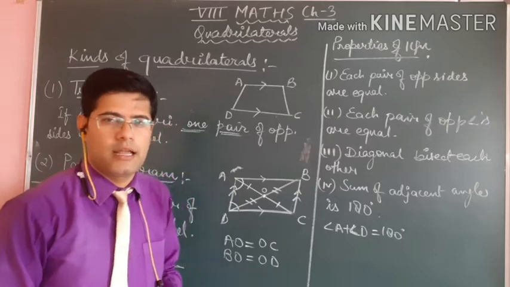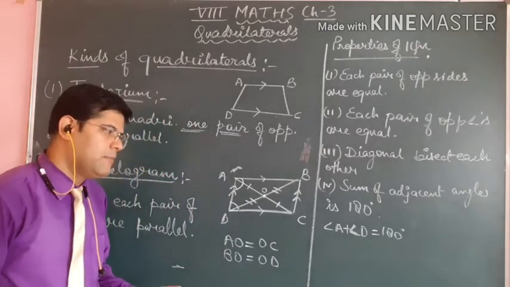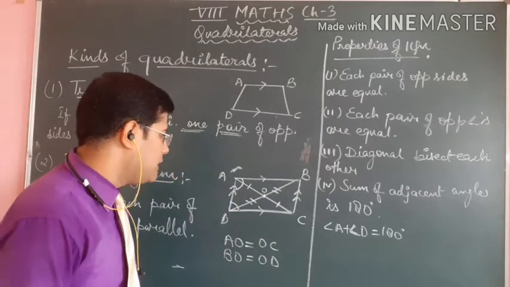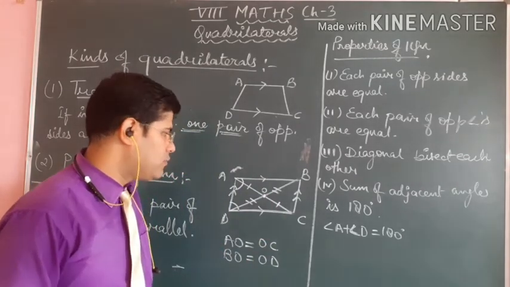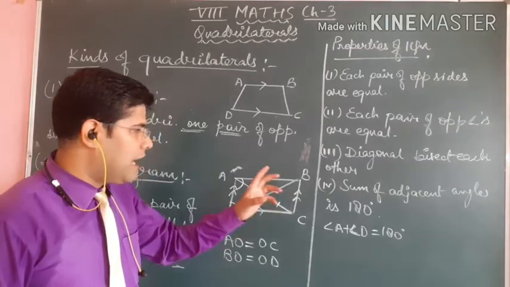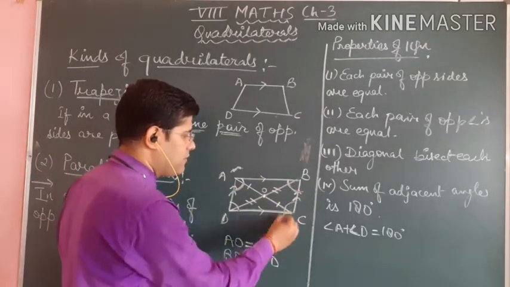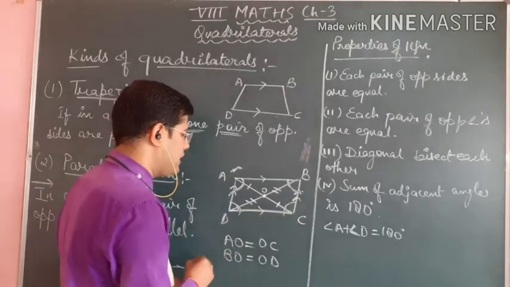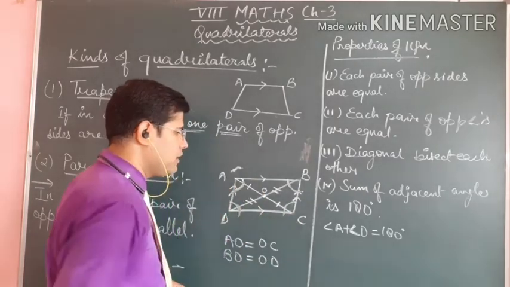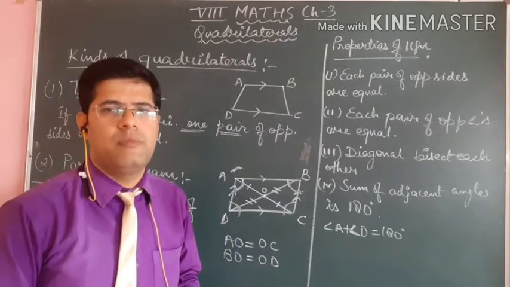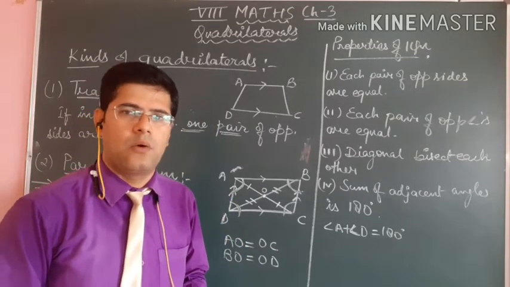What I am doing again and again, in place of adjacent, I took the name of opposite. Okay, sir, now back to the point. If we talk about the adjacent angles, then the sum of angles A and B will be 180, B and C will be 180, C and D will be 180, and D and A. All the pairs which I told you are adjacent must make 180 degrees in a parallelogram.